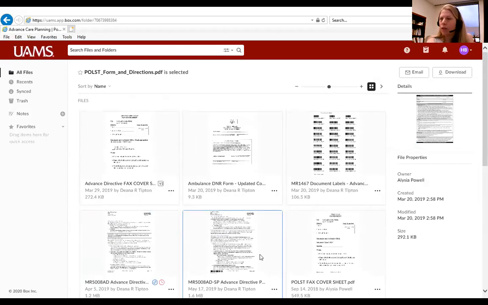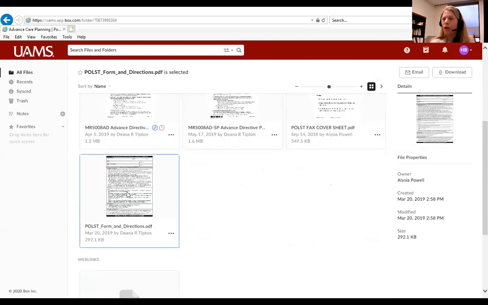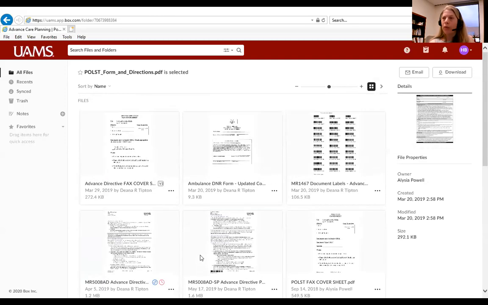So just to review, if EMS is coming to pick up your patient to bring them home with hospice or to an inpatient hospice, and the family wants them to be DNR in the ambulance, the EMS folks need either the ambulance DNR or the pulsed. Either one is perfectly acceptable. What is not acceptable is printing out the DNR order from Epic and handing it to EMS. Not really a legal thing. So either the ambulance DNR or the pulse form, both are acceptable.